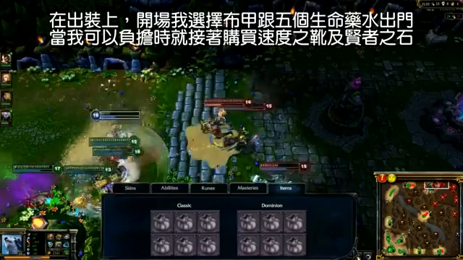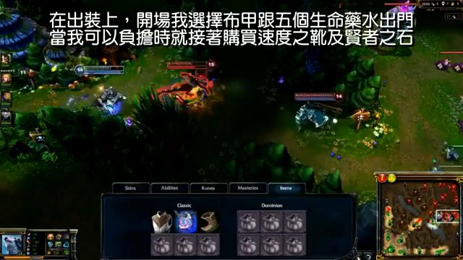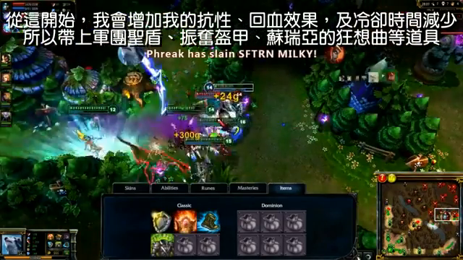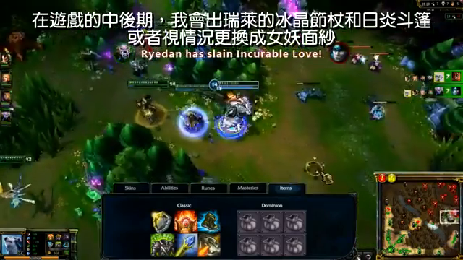In Classic, I open with a Cloth Armor and 5 health potions. Once I can afford them, I build Boots of Speed and a Philosopher's Stone. From here, I aim for resists, bonus health, and cooldown reduction with Aegis of the Legion, Spirit Visage, and Shurelya's Reverie. By the end of the game, I want to complete Rylai's Crystal Scepter and Sunfire Cape or Banshee's Veil